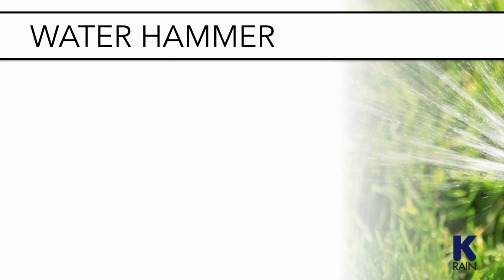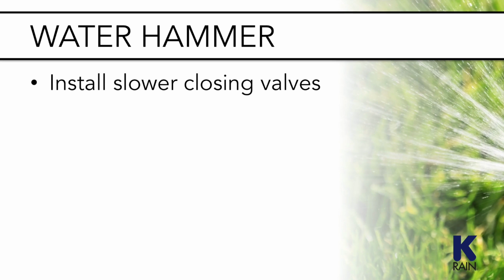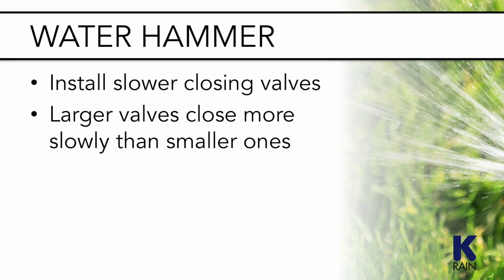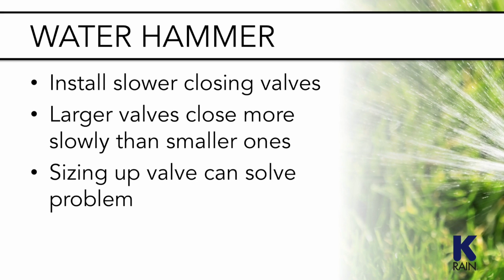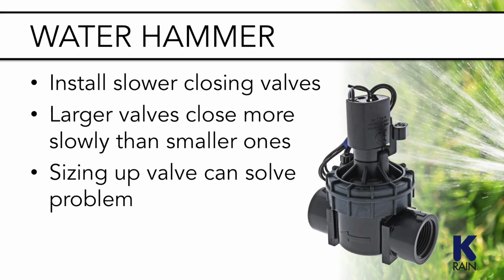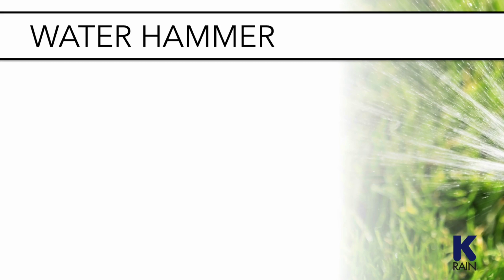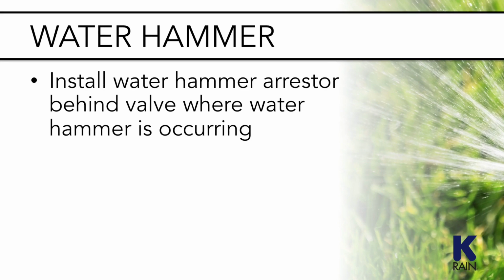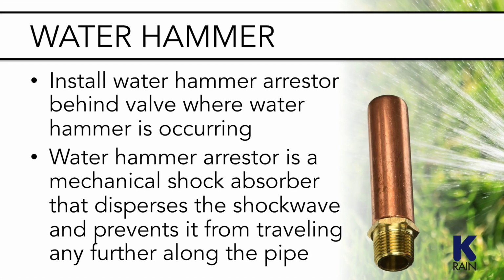Another potential solution to water hammer issues is to install slower closing valves. Larger valves close more slowly than smaller ones, so sizing up the valve could solve the problem as well. The other potential solution for water hammer is to try to install a water hammer arrestor behind the valve where the water hammer is occurring. A water hammer arrestor is a mechanical shock absorber that disperses the shock wave, preventing it from traveling any further